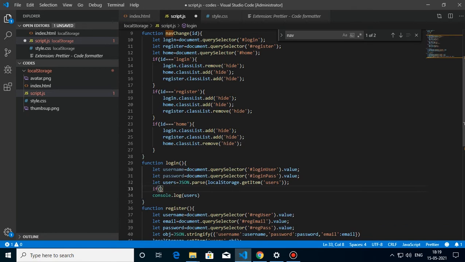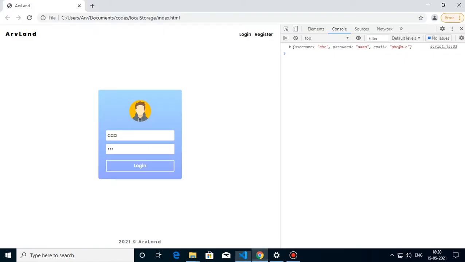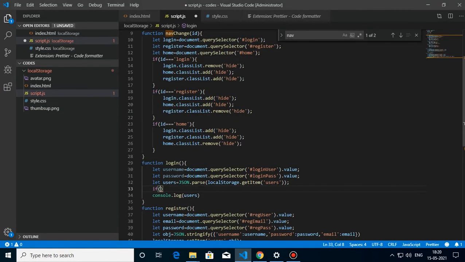So now we can check if what the user enters is correct or not. For that we have an object and we have the values which the user entered. All we have to do is compare. First of all, there may be cases where there is no users value at all. First we created a user with the register button, right? But what if I am a new user, I haven't come to our site at all, and then I click the login button?